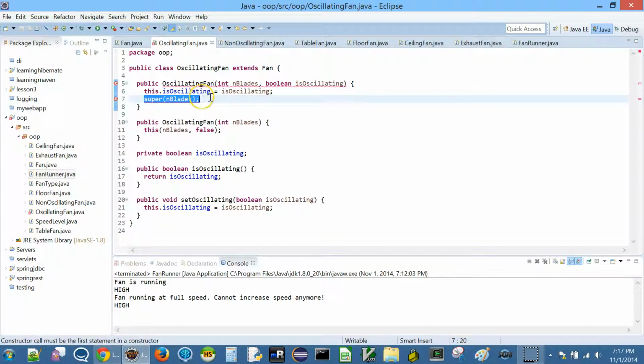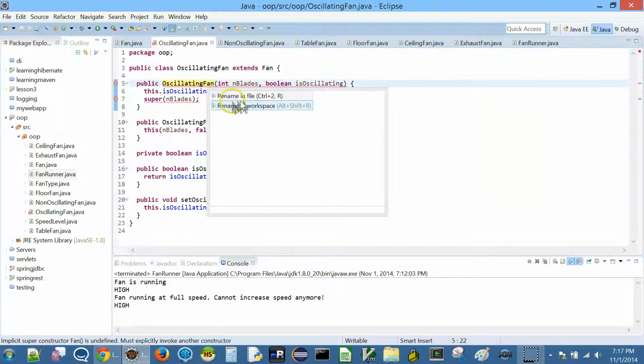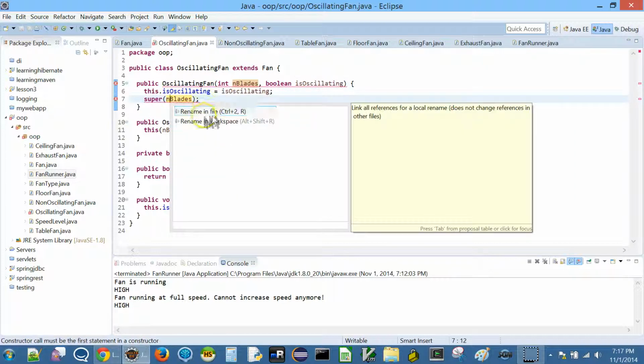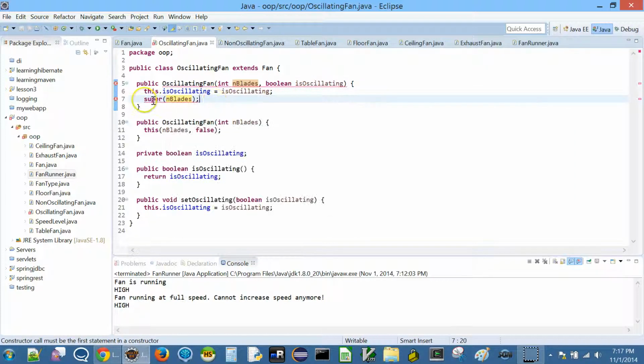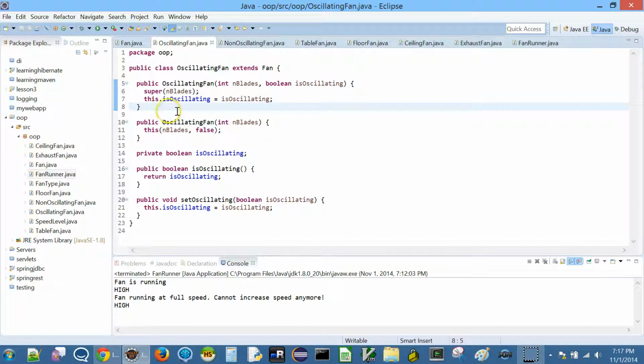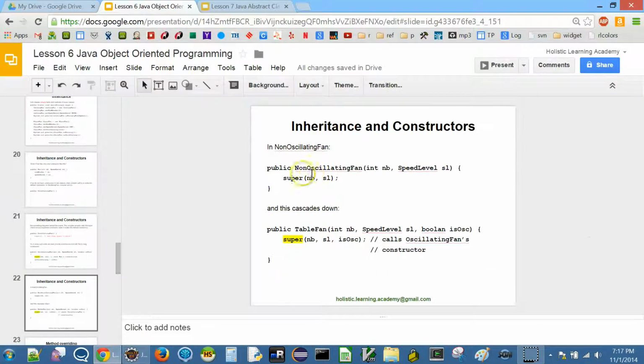So you can remember always, you can press Control 1 to see what the problem is. Control 1 will tell you what it is. If it can't say anything, it will just say this. But we know now super and basically all constructor calls should be the first one within a constructor. Super is a constructor call for the parent class. Similarly, this is also a constructor call for the same class. So that is what this slide is telling here essentially.